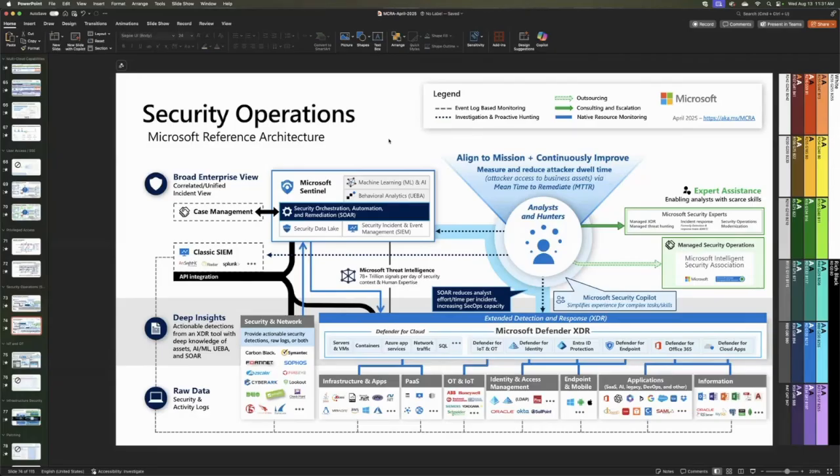So for my MSSPs on the call, you know what I'm talking about, but mean time to remediate: how long does it take for me to remediate whatever incident or alert that gets generated? But then there's also MTTA, mean time to acknowledge. How long until I actually identify the alert and acknowledge that, okay, something's going on? I mean, again, we're human. If it happens at 2 a.m., I'm probably not going to see it until I wake up at 7.